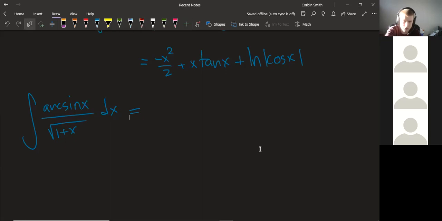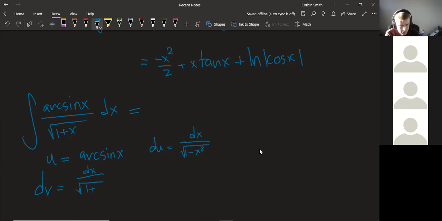So this one, what is my u and dv? I set u as arc sine x, and then du is 1 over, I think, square root of 1 minus x squared. Yes. And then I set dv as the denominator. Yep, that should be dx over the square root of 1 plus x. My bad. So then v is equal to,